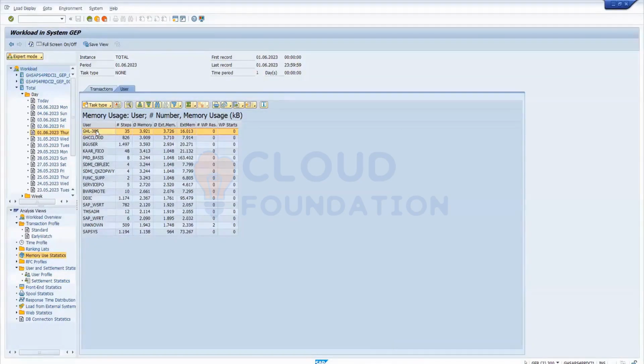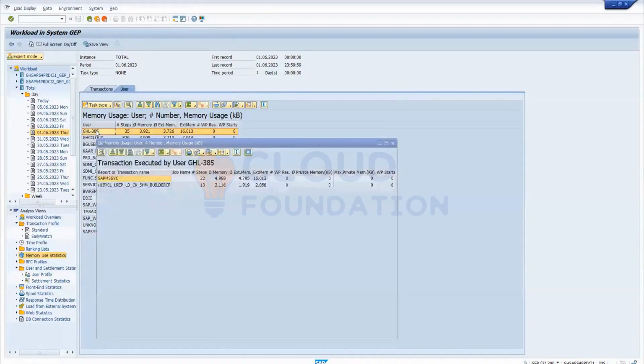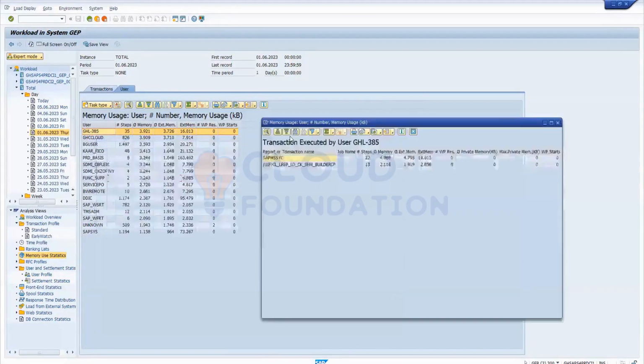Suppose I want to understand something. You close this one. If I double click the user, it will display the transaction codes he has run. I want to understand who this user is.